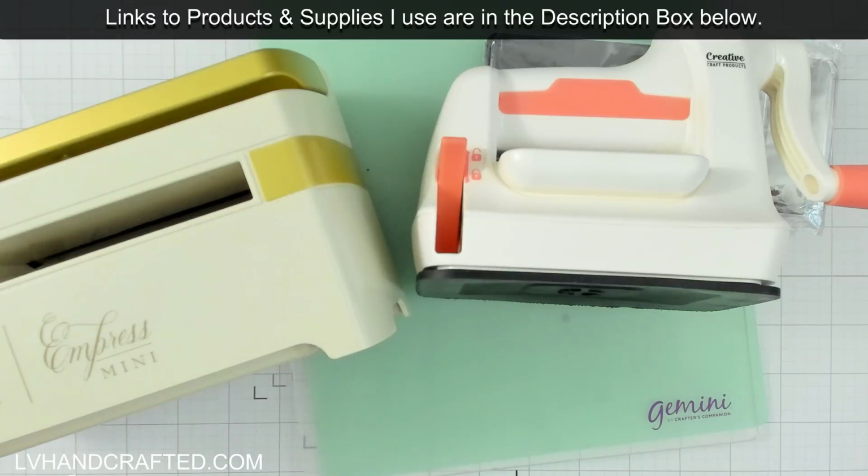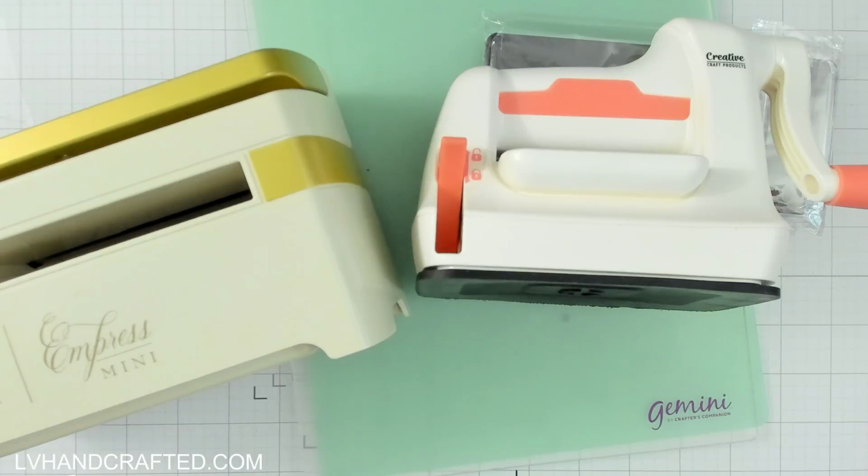And this one, I brought all of the ones on screen, so hopefully you got a sense for the pricing of these at the moment that I'm recording. And so you can kind of see a comparison of all of the various ones. But I feel like if I had started here with the Mini Empress, I wouldn't have any other machine, to be honest, other than maybe a large platform, maybe the Platinum manual machine, because I infrequently use a large machine. I might not have gotten the large Gemini Platinum or Gemini machine. So that's kind of why if I were to make a decision now and I did not have any machine at all,